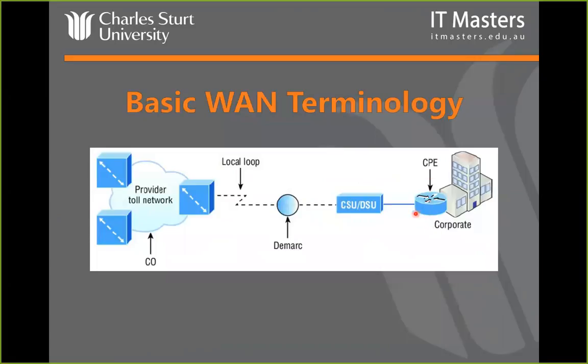So in effect, there's actually two demarc points. One was here, and that was between us as a provider and whoever provided the carrier service, so Telstra, Optus, whatever. And then we had this demarc point here, which was a demarcation between us and the customer. And then we've got our corporate network over here, which just connects into the customer premise equipment to get them access to the service provider network.